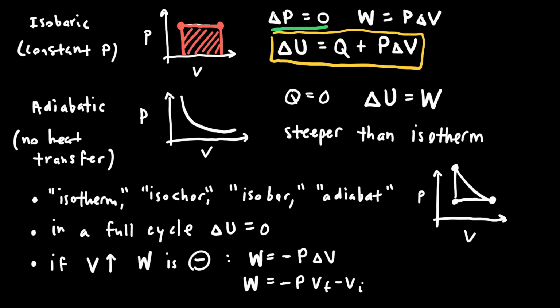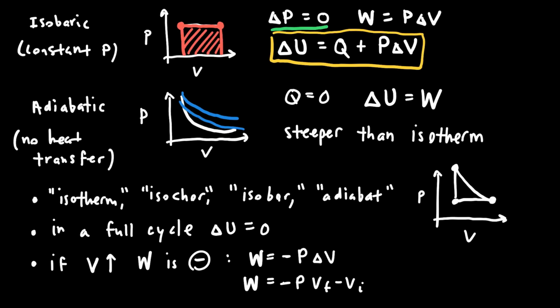The last process that we have observed on a PV diagram is an adiabatic process. And an adiabatic process looks a little bit like an isothermal process, because it's kind of got this curve to it like that. But an adiabatic process would be represented in a PV diagram as being more steep than an isothermal process. And actually, if I were to draw isotherms on this, it might look something like this,